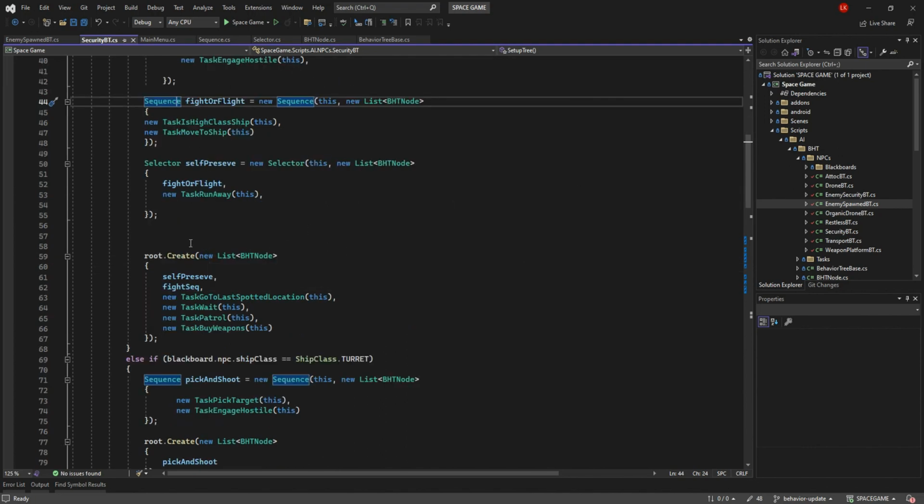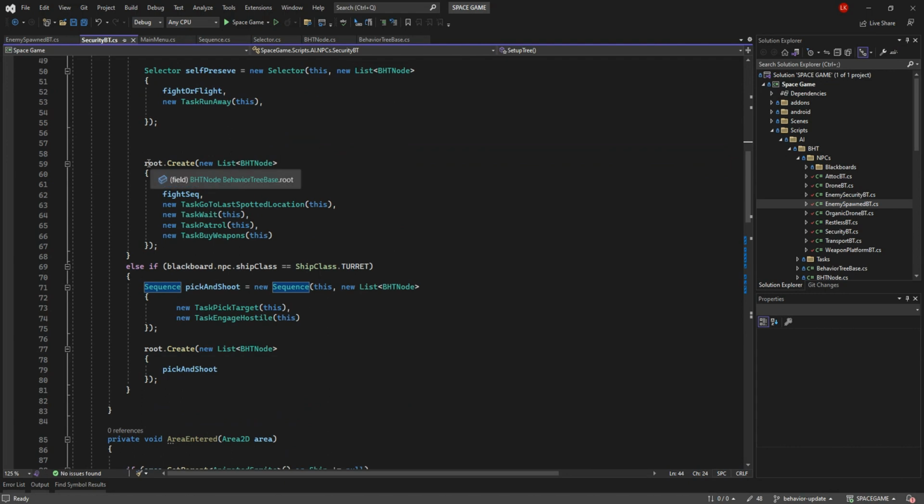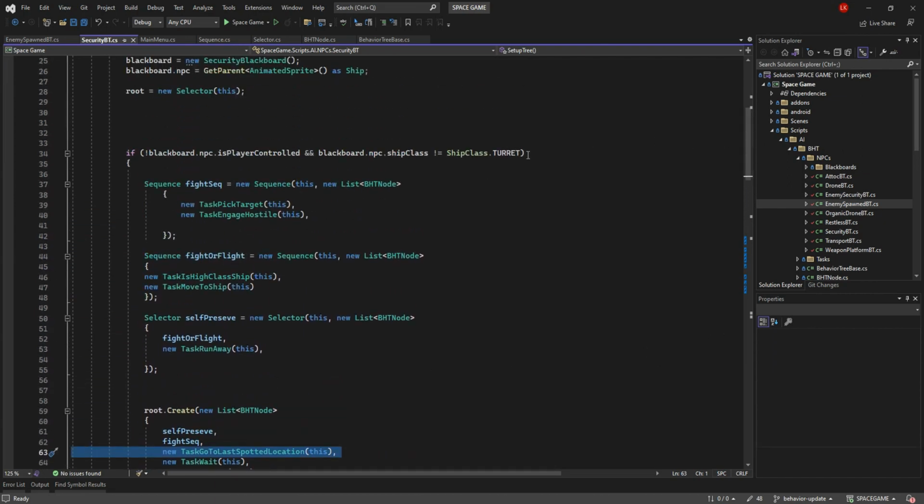And at the end, what I do is inside of the root node, which is a selector node, I put all of these nodes together and I add some other nodes. These are singular nodes, which I will talk about later. But so far, this is what you need to understand. And also,